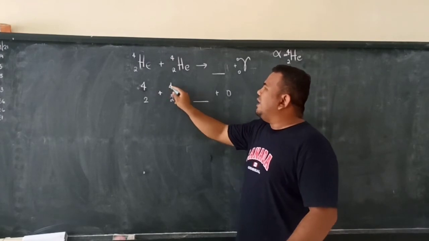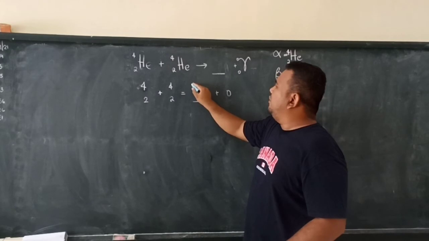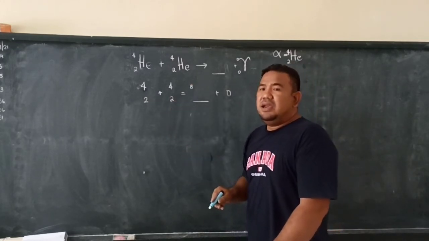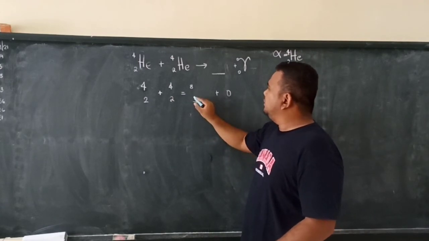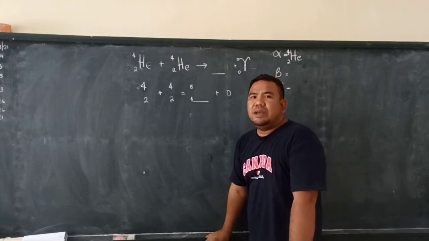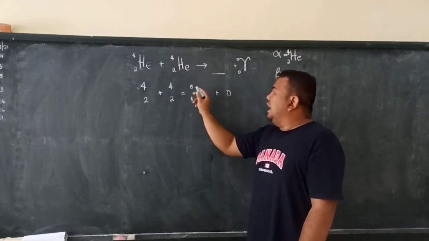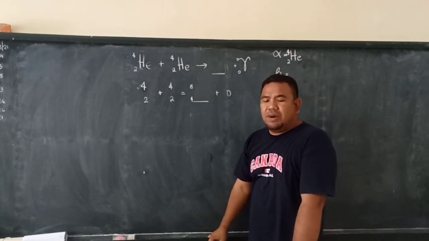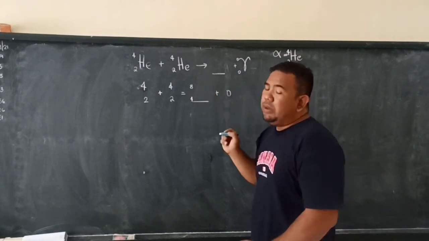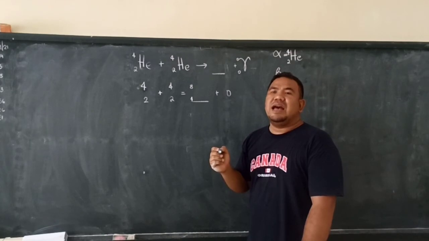So, we add together the nucleons. You have 8. Then you also have to add together the number of protons, which is 4. Then you will create an element with 4 protons and 8 nucleons. So what element would that be? If you're going to go to your periodic table, the one with atomic number 4,